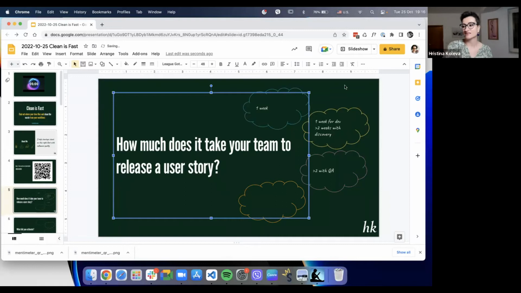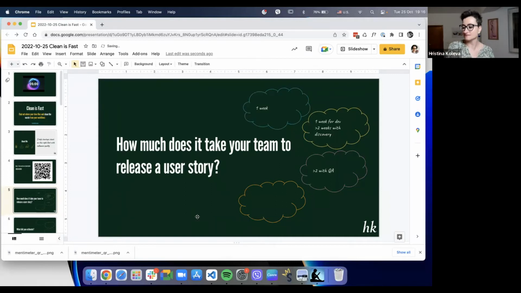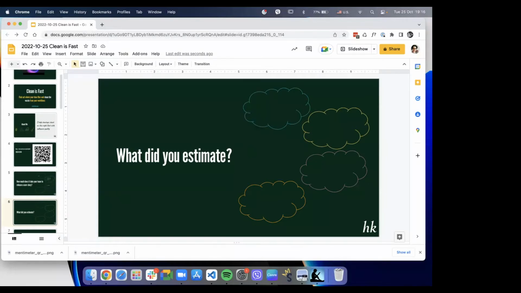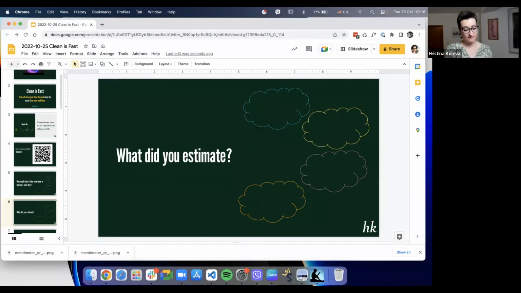All right. And this is the exact next question. What did you estimate? Did you include only code and test? Did you include the discovery? I heard Anna and Evelina. What about Georgi? What did you include? Just the development in a sprint. Just the development, without other preparation. And thank you so much for this, because...